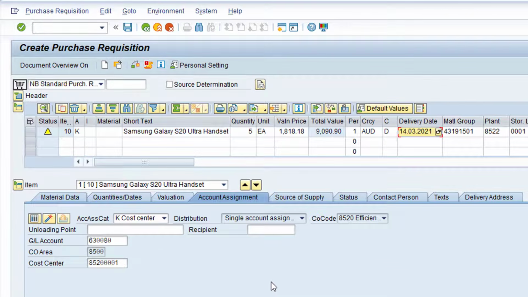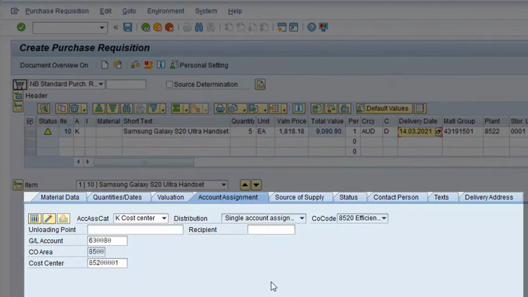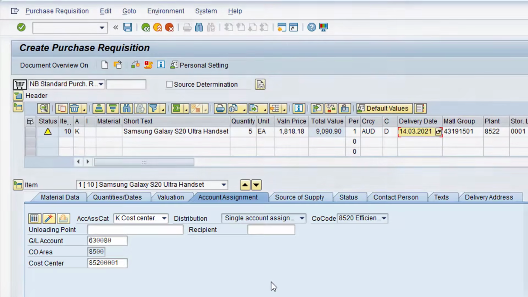As I mentioned earlier, you might not have visibility of all the relevant fields at Item Overview level due to the layout displayed. However, the relevant fields can be found on the tabs at item details level. On the Material Data tab, you can see the material group,